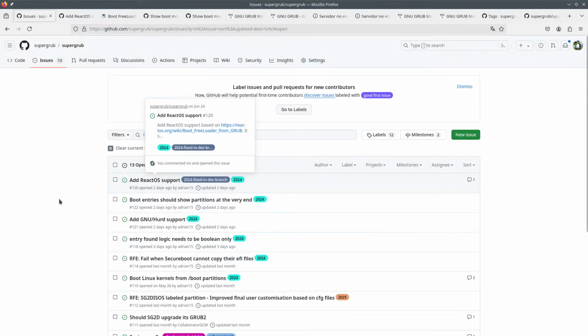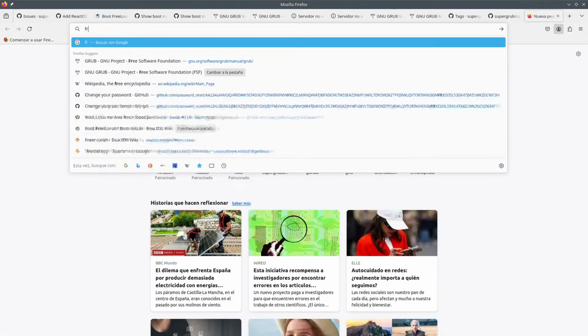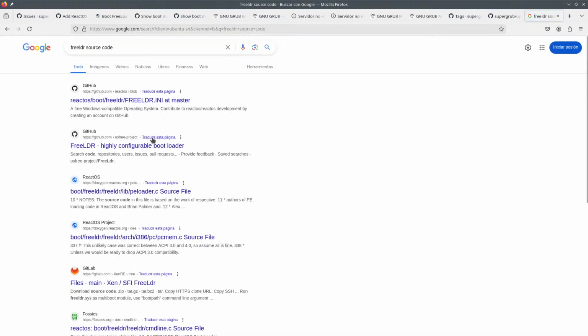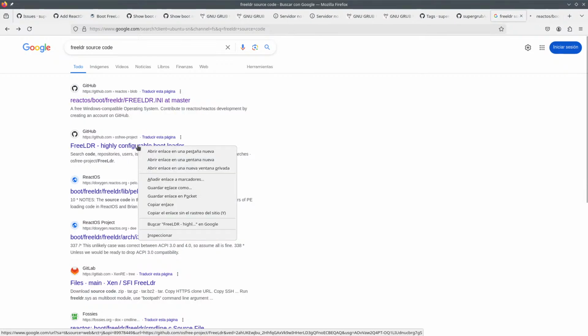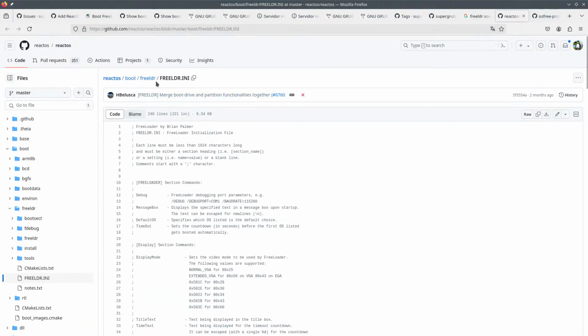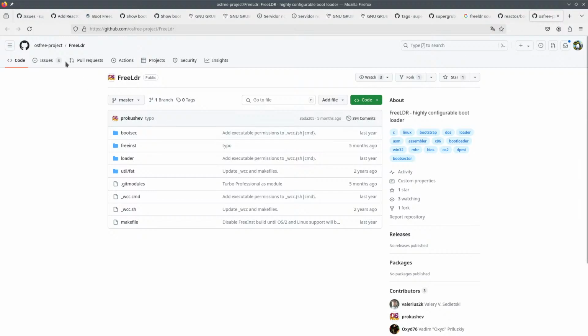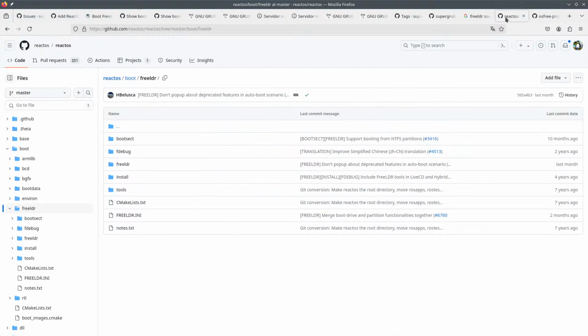So today, instead of ReactOS, although we could try to search for FreeLDR source code, let's see what the hell. Okay, so there's FreeLDR. Okay, look at that. Apparently there are two different ones. So either the OS free project, FreeLDR. Wait a minute.